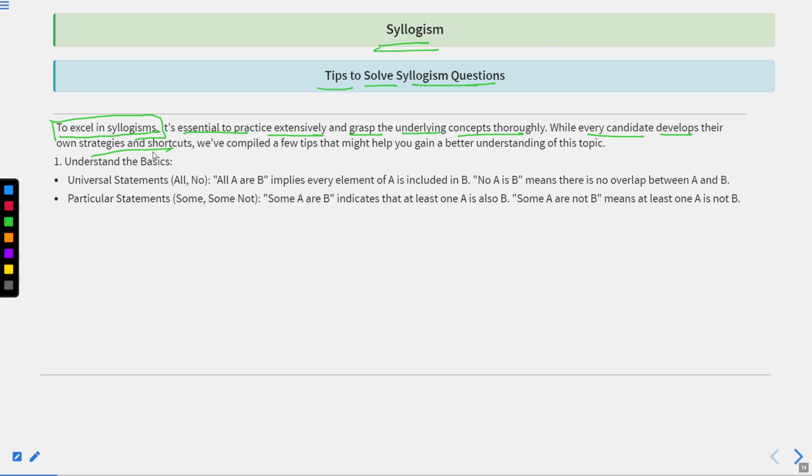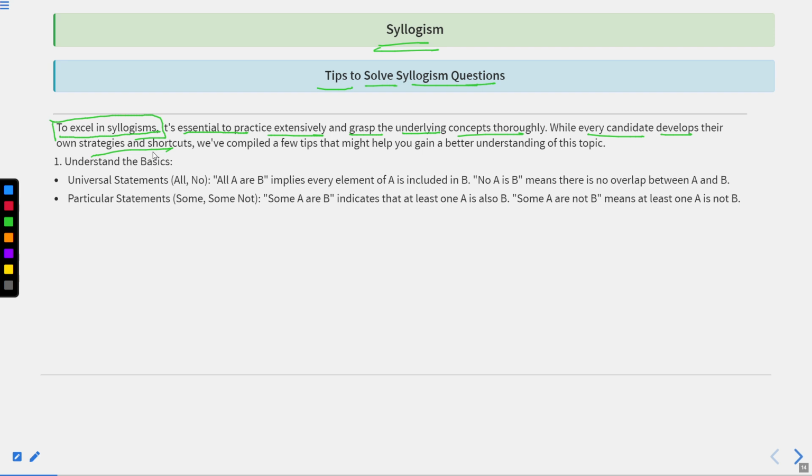Maybe your way of learning syllogism before this lecture series might have been completely different, and that is totally okay. If you are comfortable with the approach and the way you are practicing syllogism, I won't recommend that you change it, but rather you should concentrate on that particular concept and approach if your answers are coming out correct. But if there is a chance that the answers you are getting are not accurate, or there are probabilities where you are getting wrong answers, then I would advise you, and it is a recommendation,